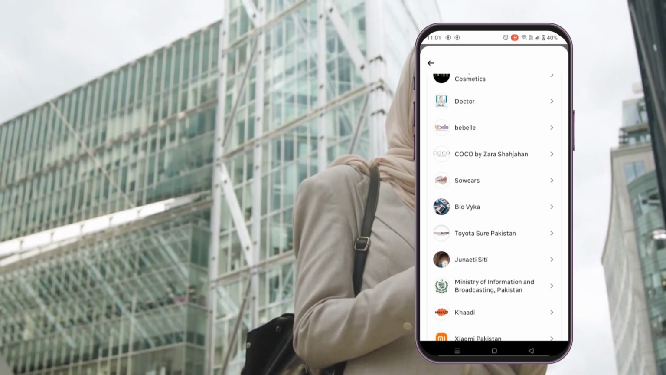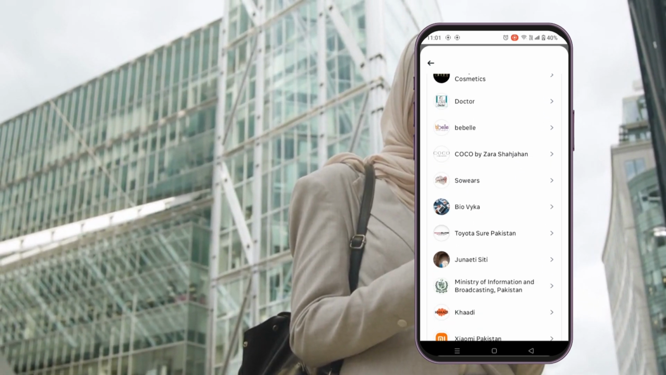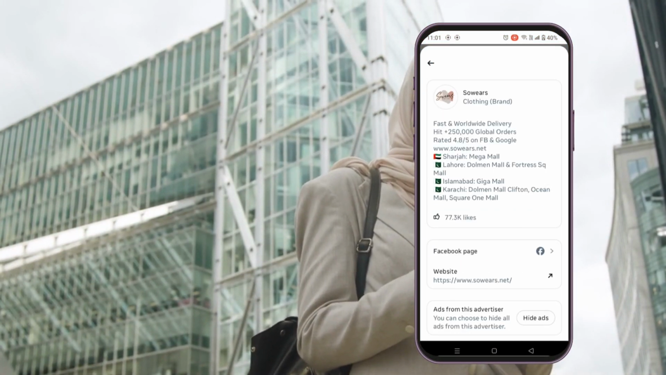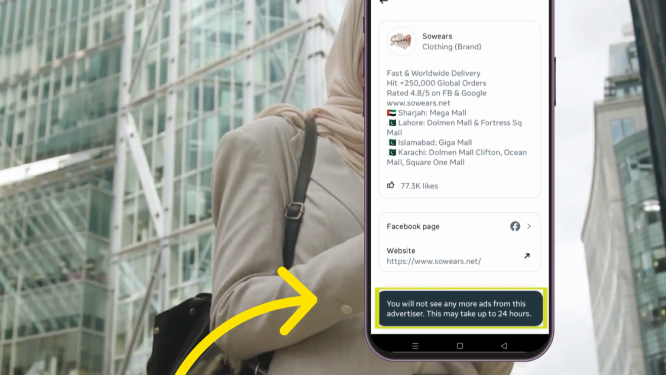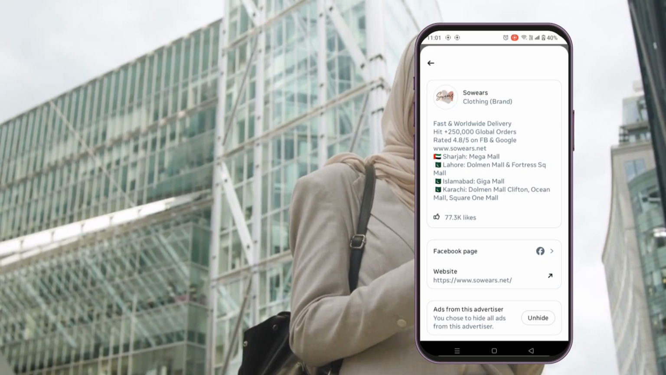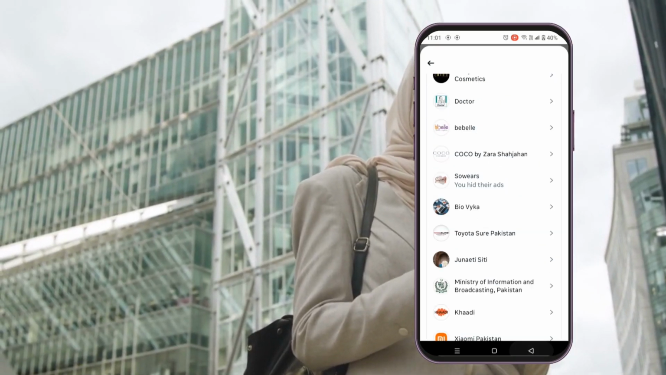from the list that you wish to stop seeing ads from. After selecting an advertiser, tap Hide Ads to stop seeing their ads. Facebook will inform you that it takes 24 hours, and that's it. You've successfully blocked ads from specific